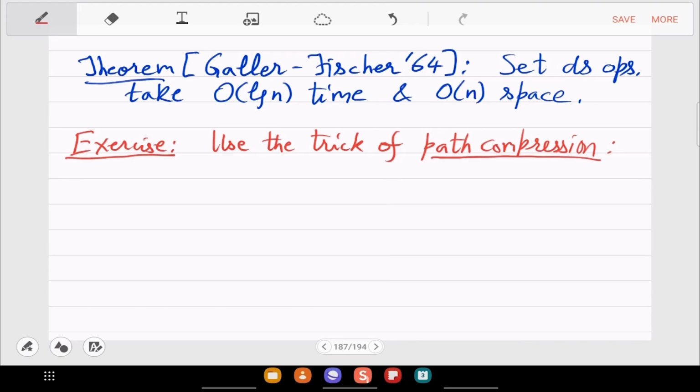So what this does is that when you are doing find I, this path which find I will travel, every node in that path changes its parent to the root. Okay, so it may or may not reduce, but the expectation is that this will help in making the tree of a lesser height as the operations proceed.